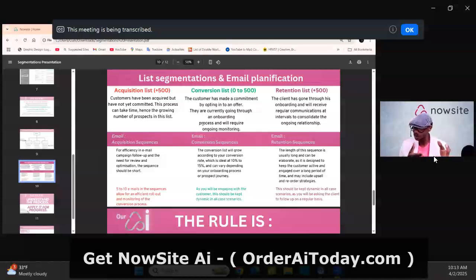The acquisition list is where we put the general pool of prospects that we are engaging with, to get them to opt in to a first stage conversion. That leads them to the second list, the conversion list, where we're actively engaging with these new clients who have opted in and bringing them to the onboarding phase through exchanges. And in the end,